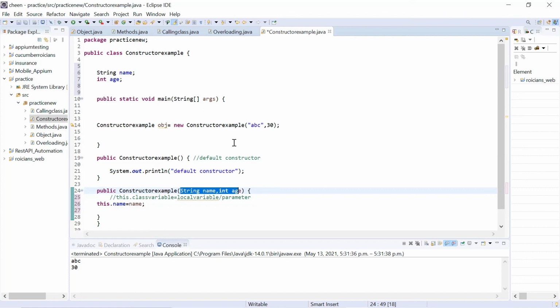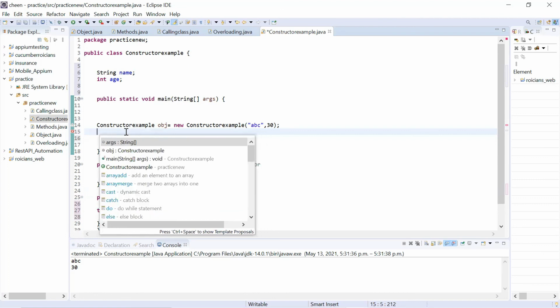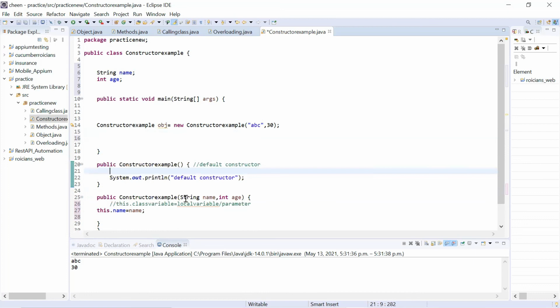Now why are we creating constructors? Because if you do not create a constructor and you try to initialize these global variables, we need to write obj dot many number of times, depending upon the global variables. If you have 1000 global variables, you have to write obj dot 1000 times. Instead of this, we can pass value in the constructor as a parameter. If there are 1000 variables, I can pass 1000 variables here. And whenever you are creating an object, here only you can pass value to that.